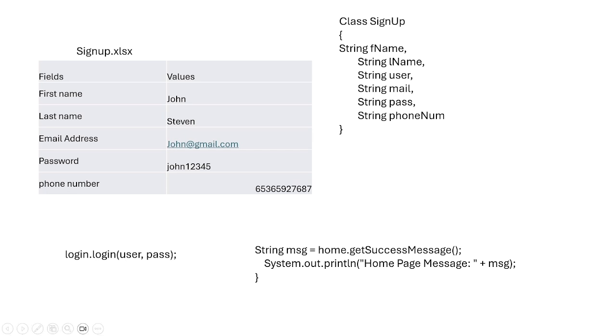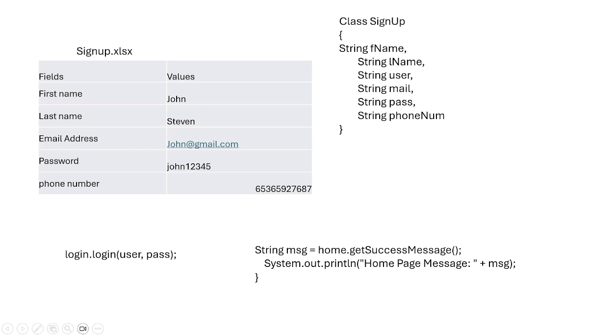So as we have seen, the sign up page contains many different fields. So for this I am creating an Excel sheet. That Excel sheet I am storing on a server where all the testers can use and update it based on their requirements while testing. Next, here I have assigned test data for all the fields. So here on the coding side, I am creating variables for particular fields. Whatever script I am writing for accessing the values of that particular Excel sheet, I am writing it all in the same class here. As we know, the login page is using the data which exists in the sign up page,